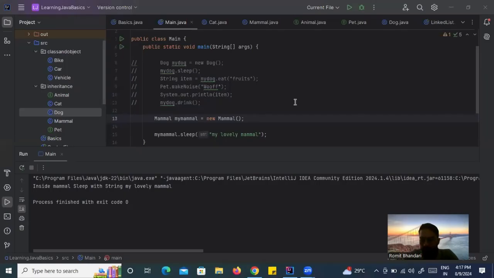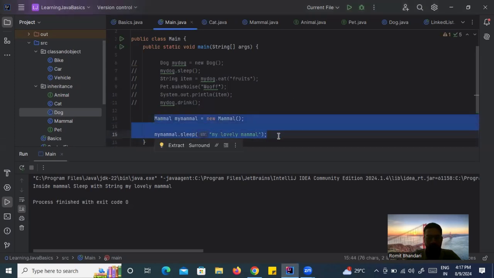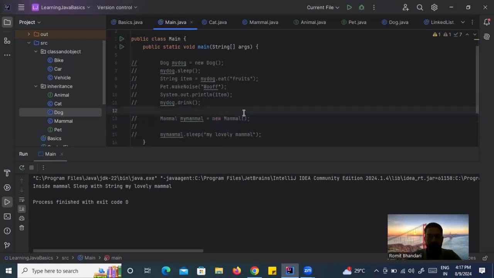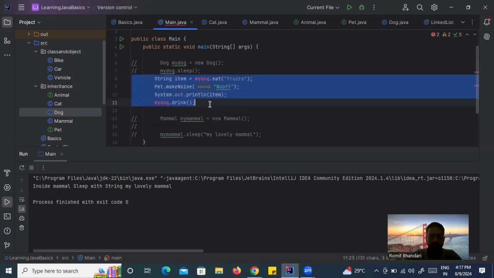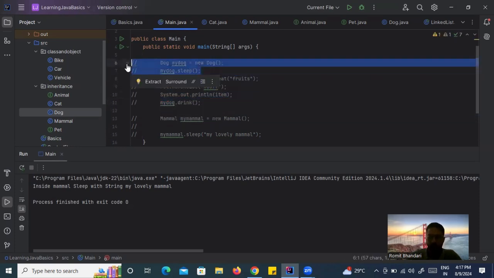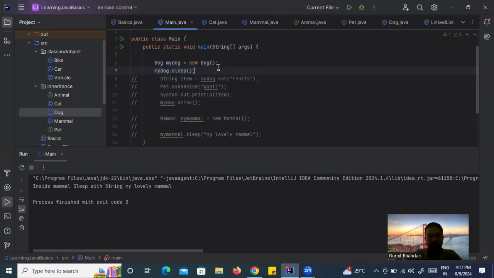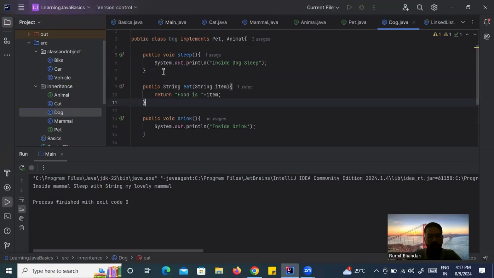Everyone. In this video, let's look at what we mean by constructor. So using the same classes, dog, cat, animal, etc. Let me quickly do one thing in the main class. First, comment these statements out. In this video, I'll make use of only one method in the dog class mostly. Okay, so let me keep this sleep method. So inside the dog class,